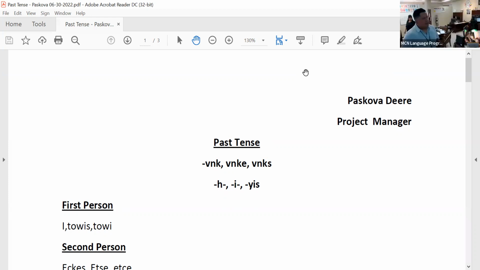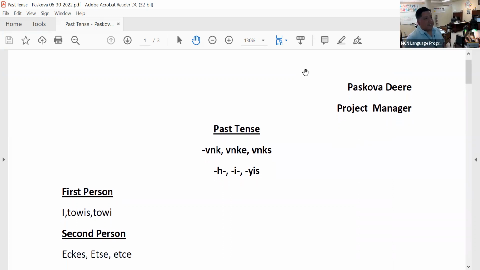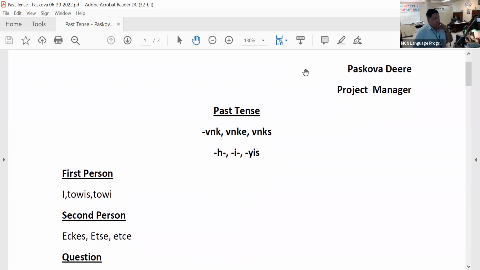Okay, so today what I felt like we could go over was the past tense and how to make different verbs past tense. There's a few different ways. Under here, the dash in front of it means it goes at the end. So unk, ungi, or unks, there are different ways you can add it in to make a word past tense. This H sound will be taught in the book. It's added in the middle of a sentence. So is this I, and there's a dependent on the I sound, and the Y-A-S or Y-I-S is the yays sound. It'll make more sense here in a second.